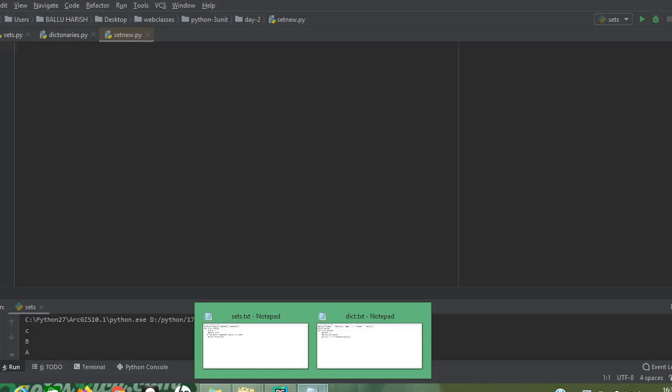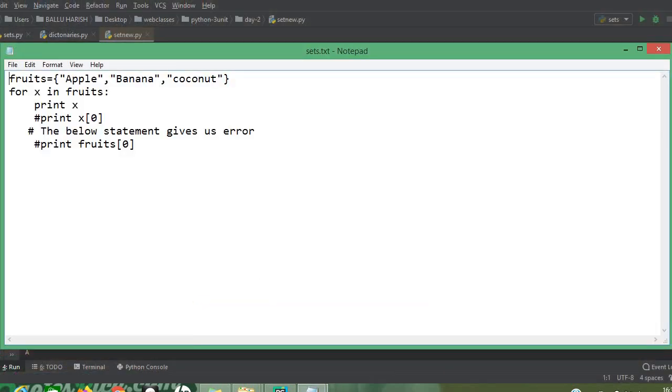What are the different modules that are available? That's the concept that we are going to discuss. Before going to the modules, we need to have an idea about the concept of sets and dictionaries. First I will discuss sets: how can we identify a set and how can we differentiate a set and a dictionary. First I will give the detailed explanation of set.